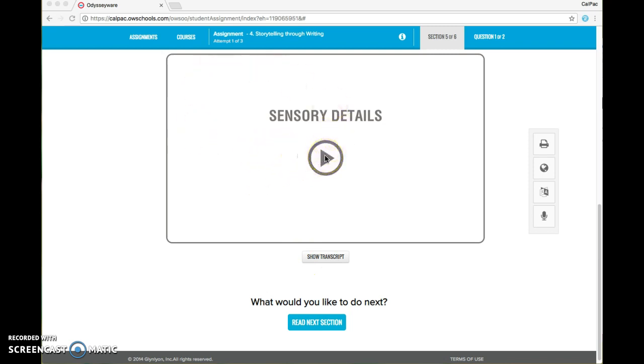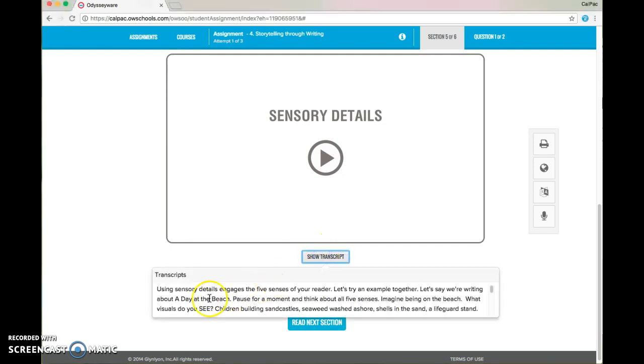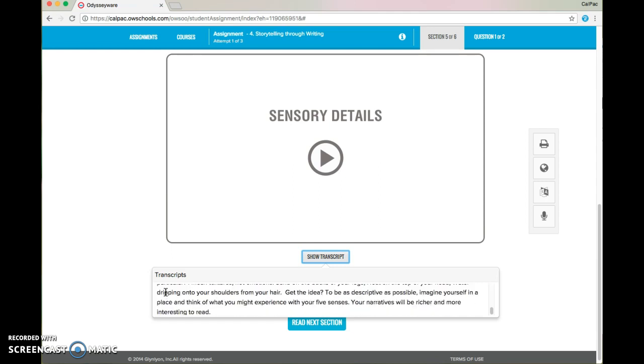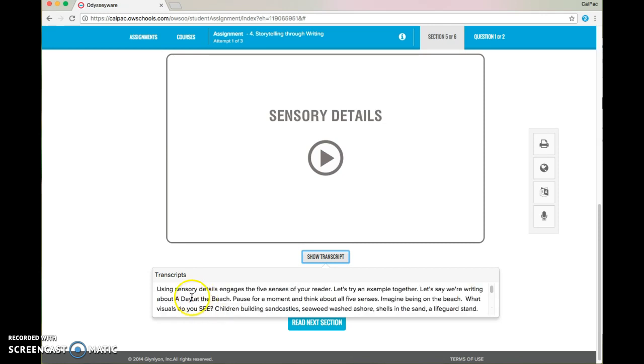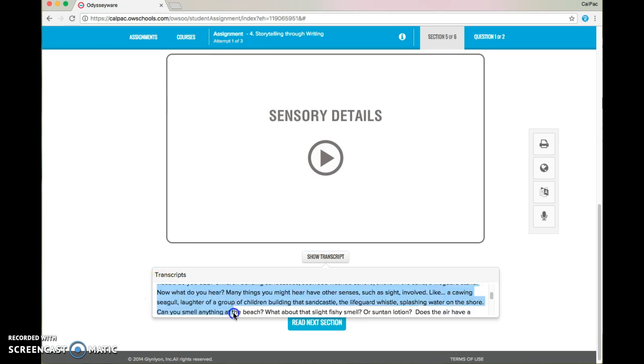You hit the play icon to play the video. And beneath the video is this little button that says Show Transcript. And if you click on that, you'll see that it displays the text for everything that is said in the video itself. And you can scroll through here as the video plays and look at the transcript options and what's being said, or you can copy this information